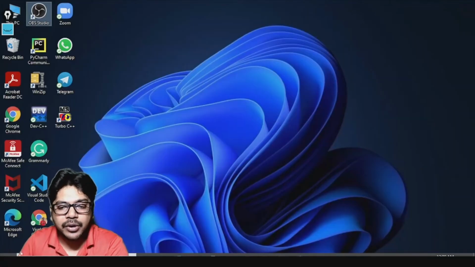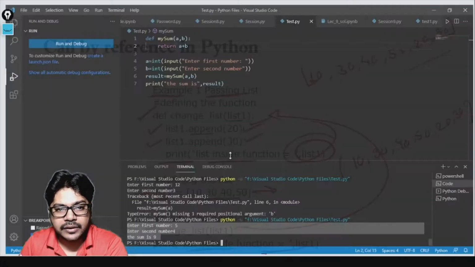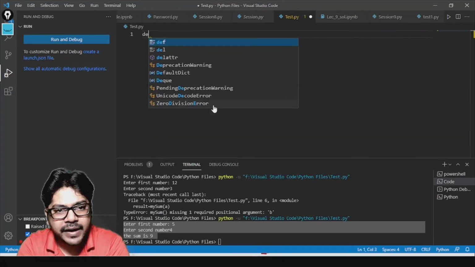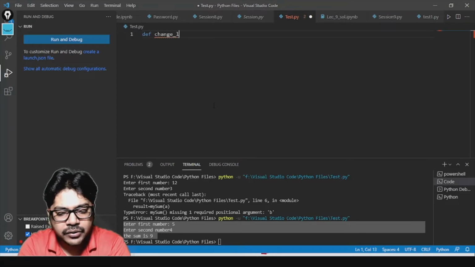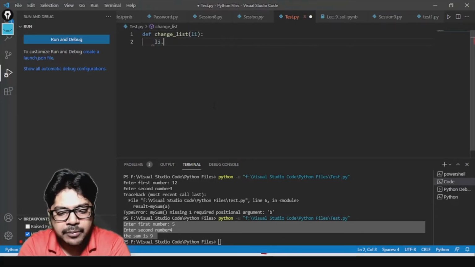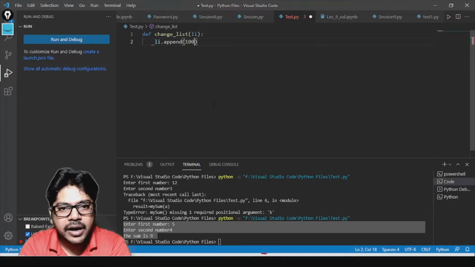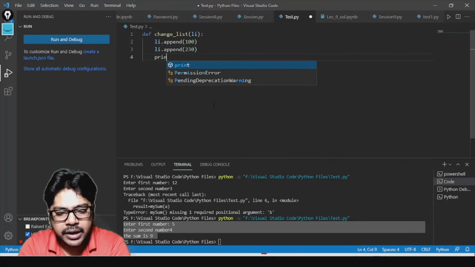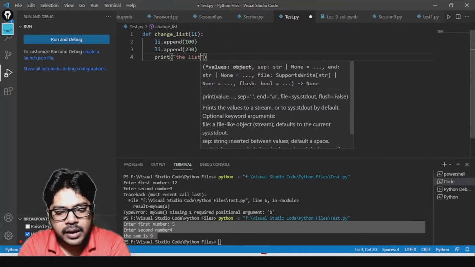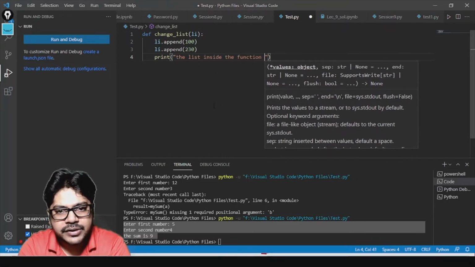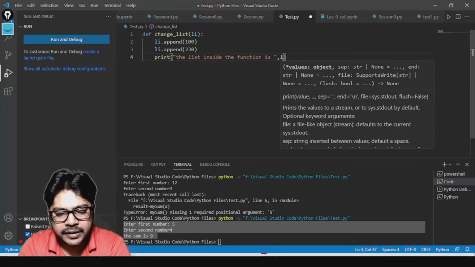Let's try to run this program and understand how it works. Let me take you to the editor. Let me define a function called change_list, and here we will have a list item li. I'm going to write li.append(100) to it, and then li.append(230) to it, and then print "the list inside the function is" and print this li.